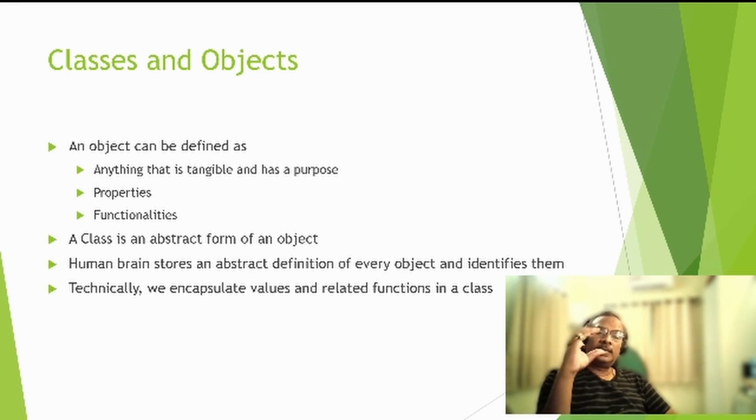Similarly, we will define a class and then we will store it in our system. So our programs henceforth will all be written as a class. If you remember, even our fundamental programs are written as a class, right? So now you understood why in every program we write, we say public class and the class name. So we are basically defining a class with just one functionality called main,